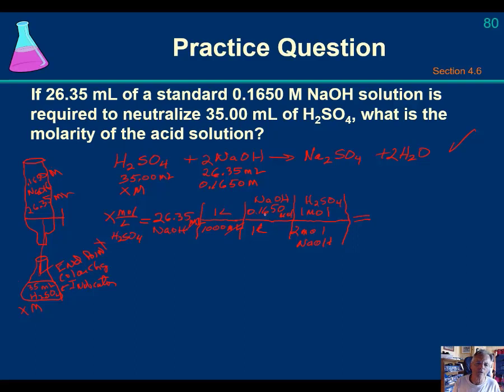Milliliters cancels, and then liters over liters cancels. Moles of sodium hydroxide over moles of sodium hydroxide cancel. You wind up with 2.17 times 10 to the minus 3 moles of